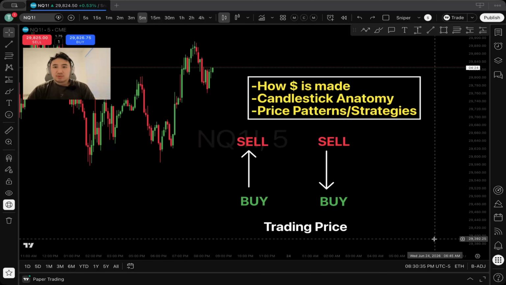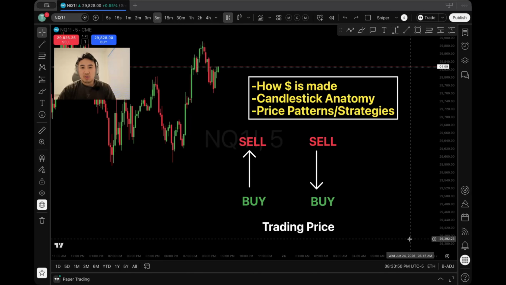I am briefly going to talk about three topics here. Firstly, how money is made trading the futures market. And first, before you learn how to trade, you would have to understand what candlesticks are, or the anatomy of candlesticks, and what they show you. And then lastly, based on the candlesticks here, we can come up with trading strategies or patterns that we see in the markets, which allows us to make a decision of when to buy or sell something at a specific